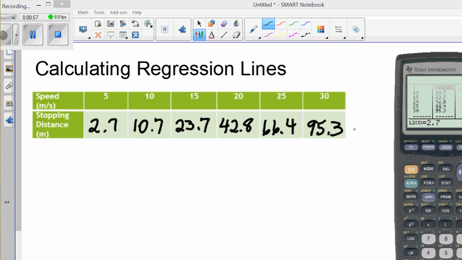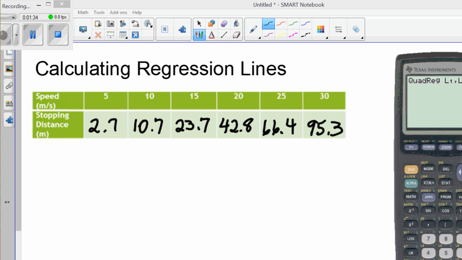Once we have our data entered, we will again go into the stat key, and this time we are going to calculate. Like I said, you have a whole list of options here, and since we looked at it and it looked curved, the first curve that I see here is quadratic regression, so this is what I'm going to run. So I'm going to run a quadratic regression, and now I have to tell the calculator where it's getting the information from. So I'm going to tell it that it's getting the x values from list 1. The comma breaks each of the commands,